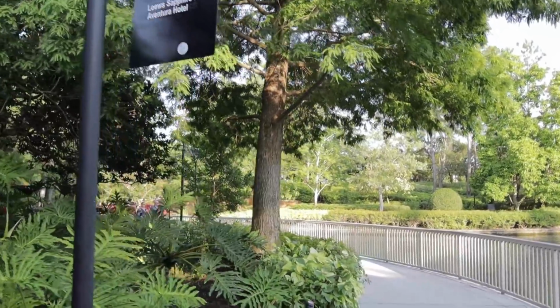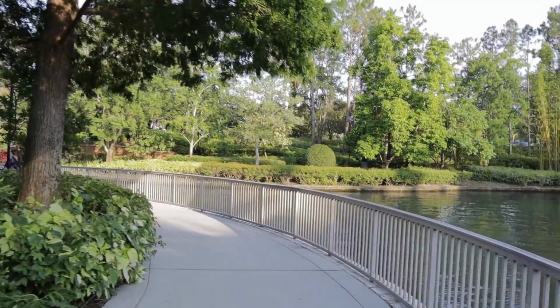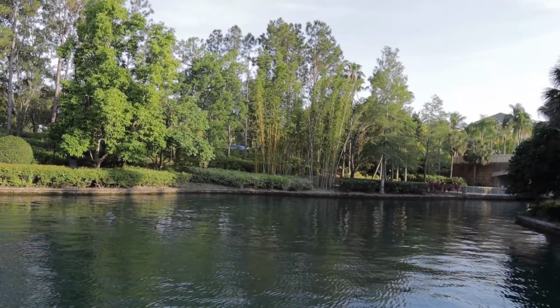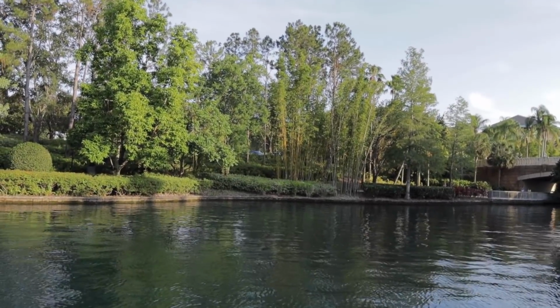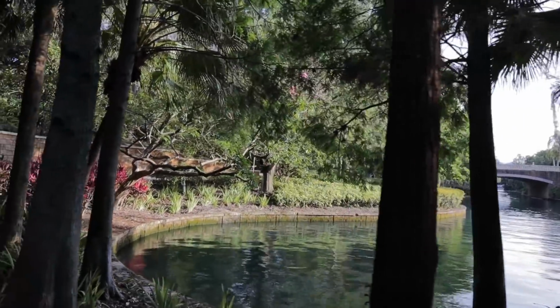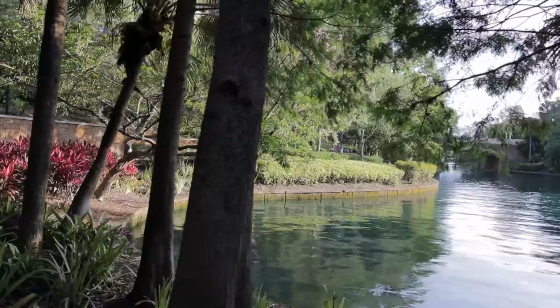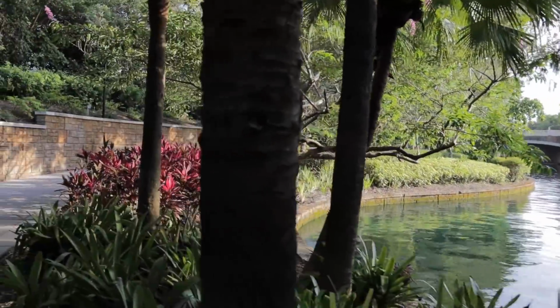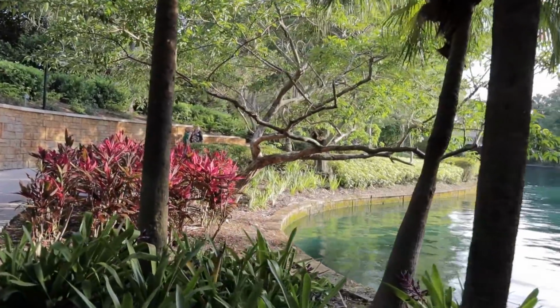Right here, this is the longest part of the walk over to Royal Pacific, because you have to go all the way around and all the way over there. This is a pretty long walk, definitely as long as the walk over to Portofino Bay, probably. It's a very pleasant walk, though, one of my favorites, probably. Just very quiet, calm, and relaxing, unless one of the Surrey bikes is coming at you at 20 miles an